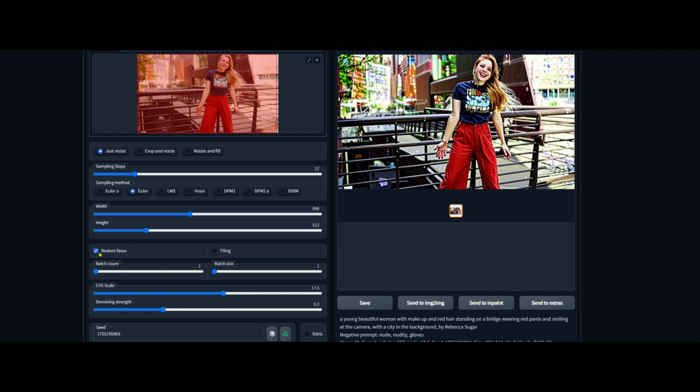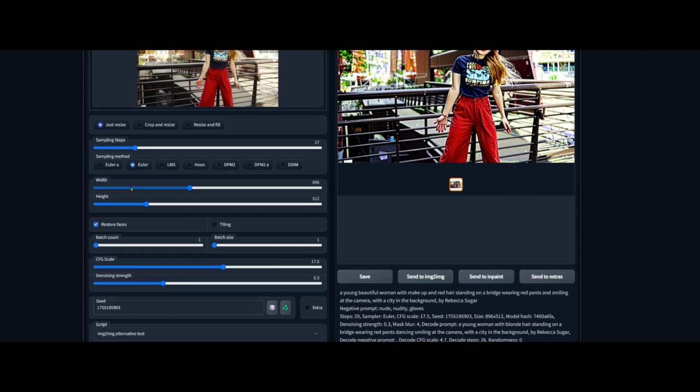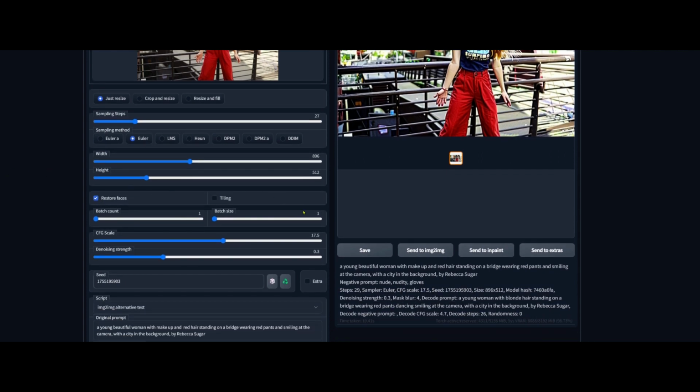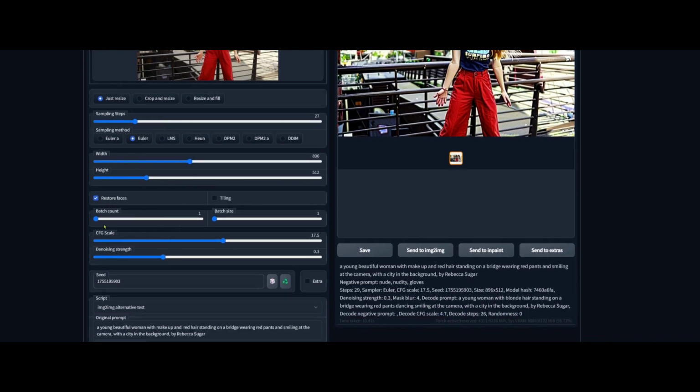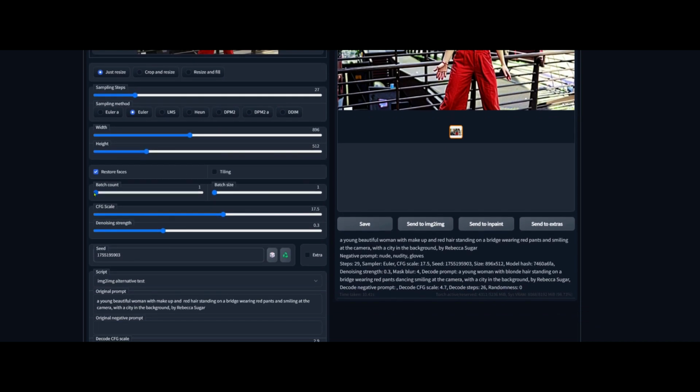If you don't see this option, you didn't listen to me when I said to download GFPGAN, you bad boy. Oh well. For batch count and size, leave it at 1 or your video card might run out of VRAM during the process and you will